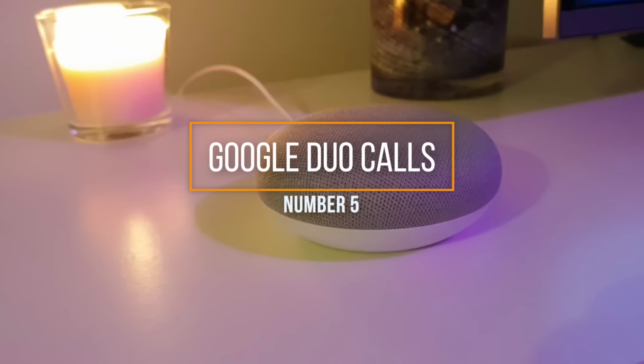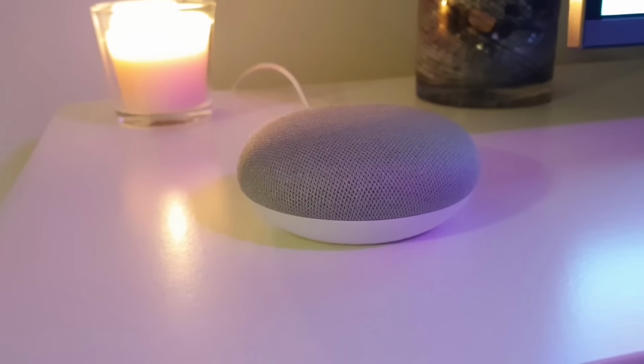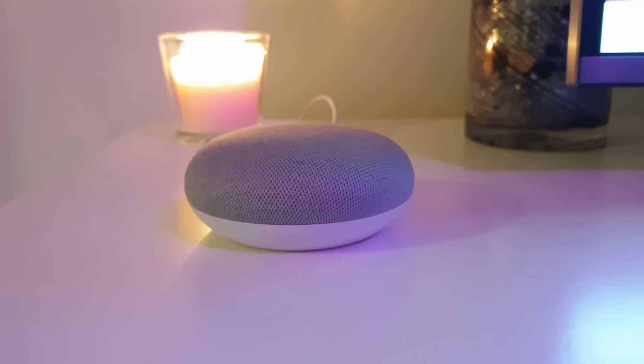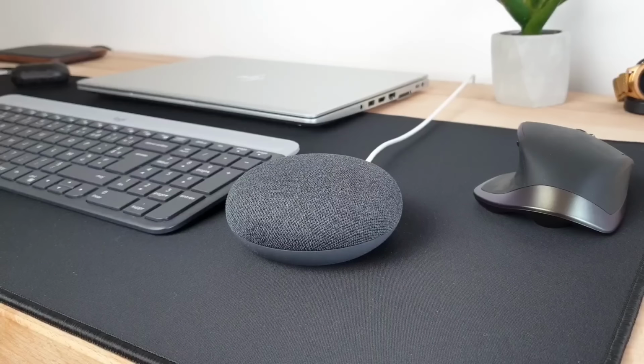Now, Google Duo is integrated on the Nest Mini, which means you can make a phone call using your Nest Mini to anyone that has the Duo app on their phone. Let's say you're home and want to call your wife. You don't need to take out your phone, just say,